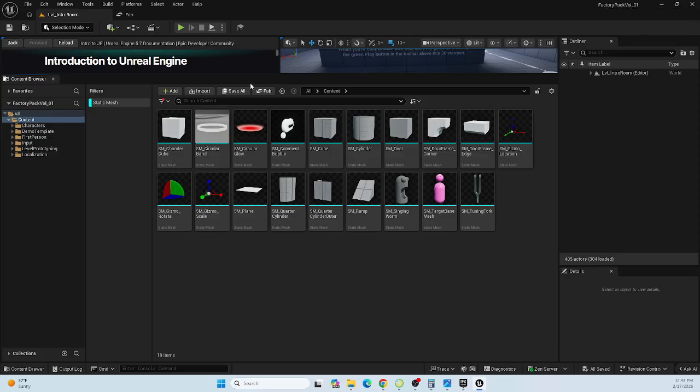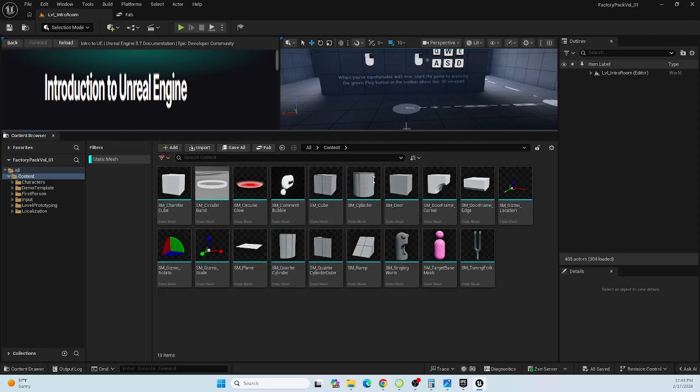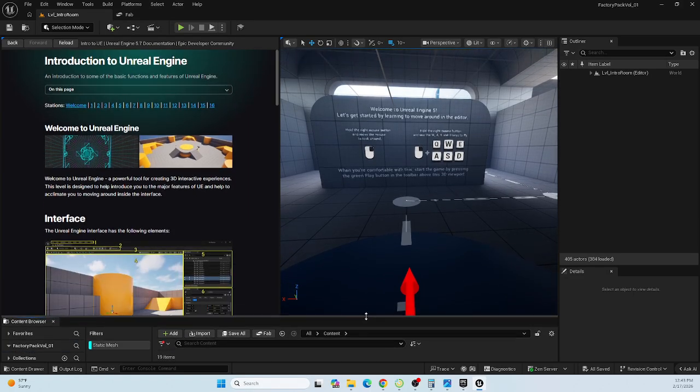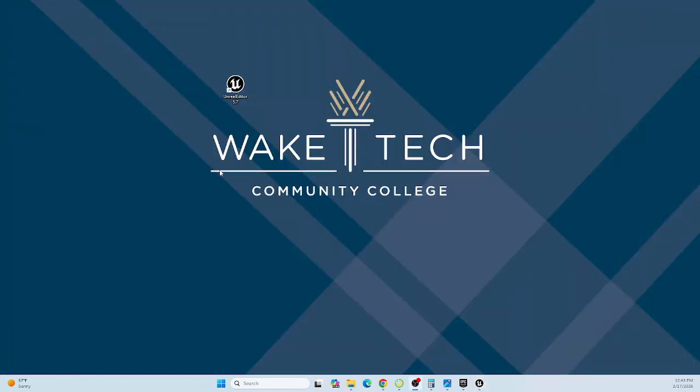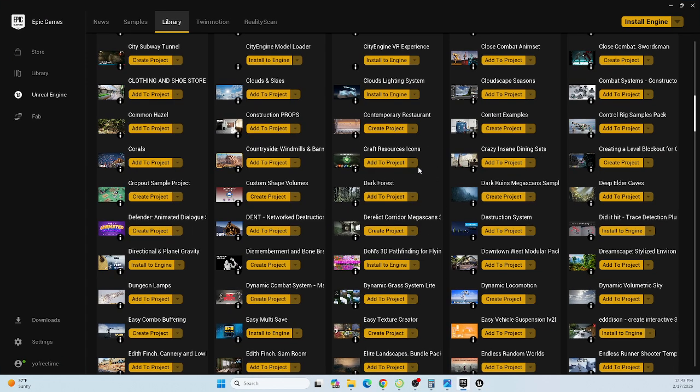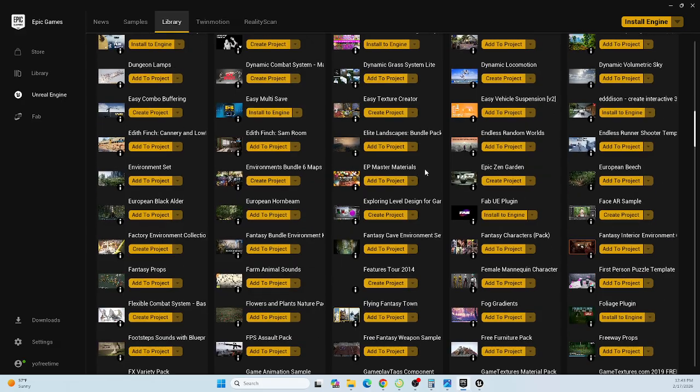Oh, you know what? I created a new package. That's what this is. I created a totally new package. I called it Factory Pack Volume 1, but I didn't put the actual factory pack in there yet. So now I have to go back into my library. I go find factory, it's factory environment. So my factory pack,